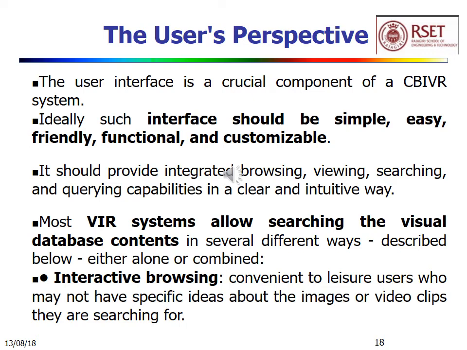I hope you know what clustering is. Clustering is basically grouping similar items together. There are different clustering algorithms available which are applicable to images too, like k-means clustering, c-means, fuzzy c-means, DBSCAN and OPTICS. So there are many clustering algorithms, and we'll discuss more details about clustering in module 4.